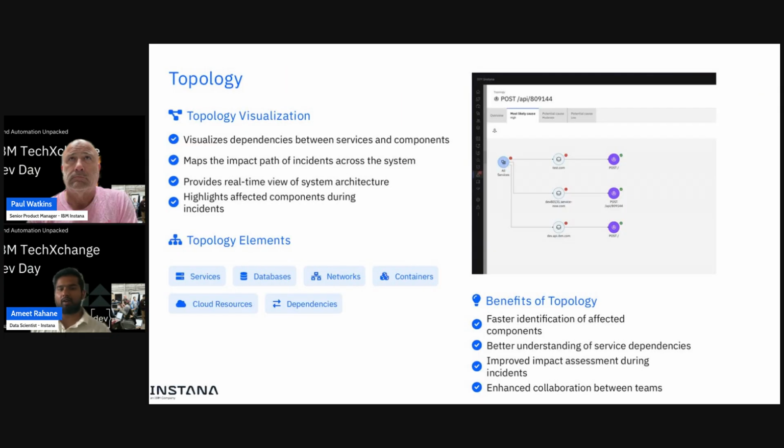This context is even more powerful when you provide it the information about where it lives in the application topology. Modern applications are all about dependencies. I think, as we mentioned on the first slide, dependency growth is exploding. This is where topology comes in. Instana automatically discovers and maps the components of your system and the relationships in real time, which allows you to see right front and center on your incident page the services, databases, containers, etc., and how they connect to your probable root cause and how that might connect to your